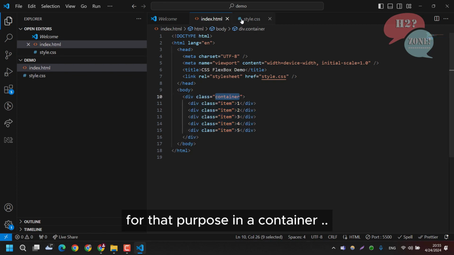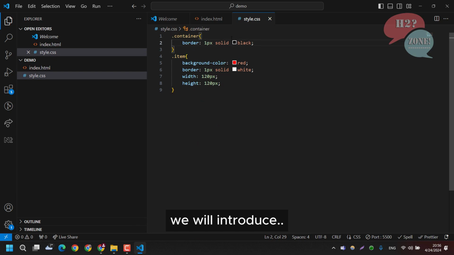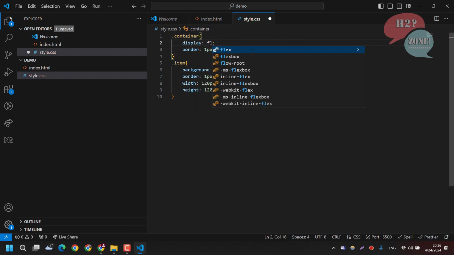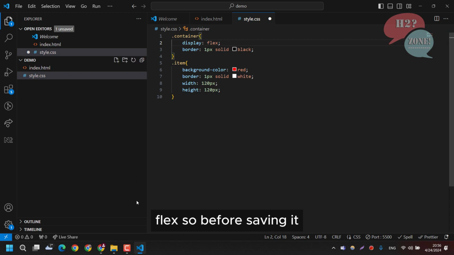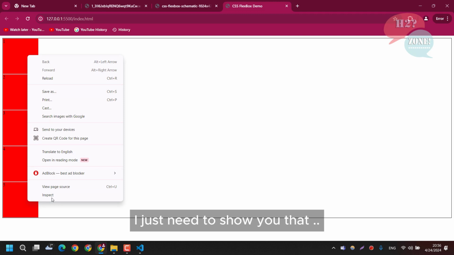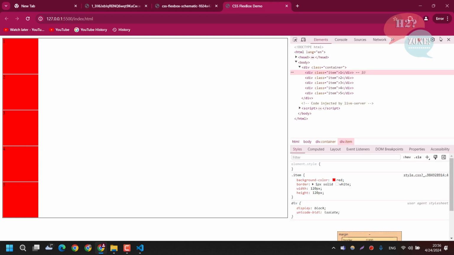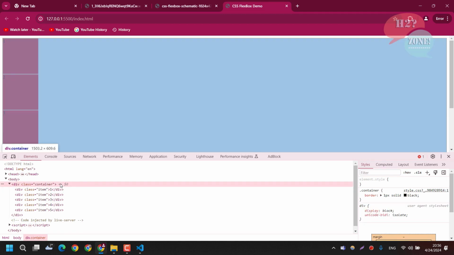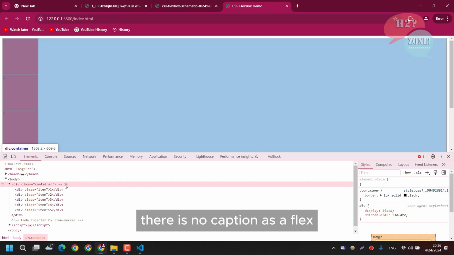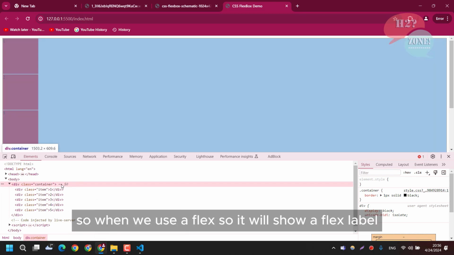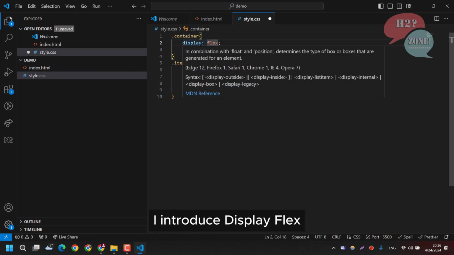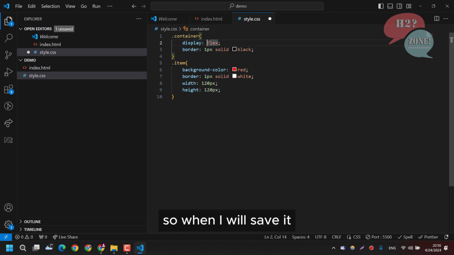For that purpose, in the container we will introduce display flex. Before saving it, I just need to show you that in the dev tool, in the div class container there is no caption as flex. When we use flex, it will show a flex label. So now I introduce display flex, and when I save it,